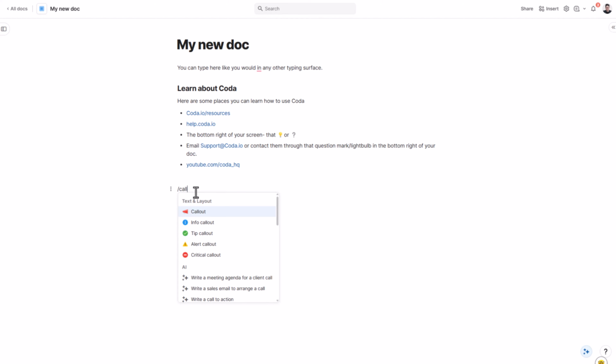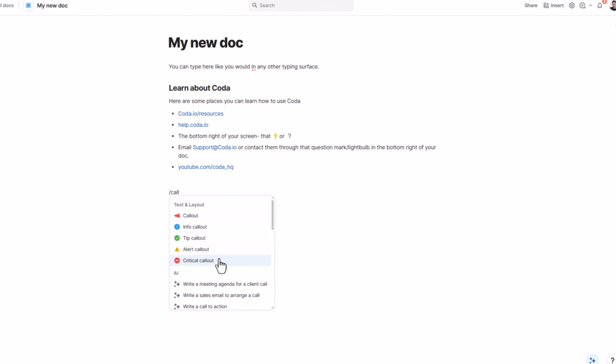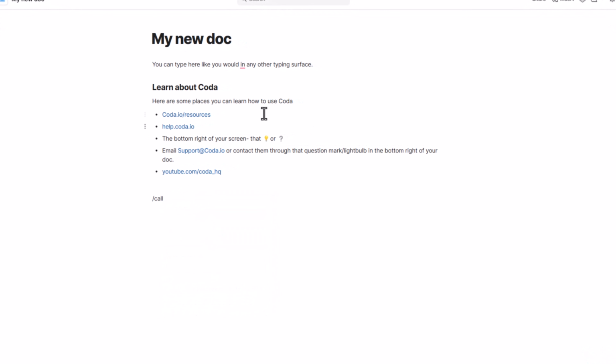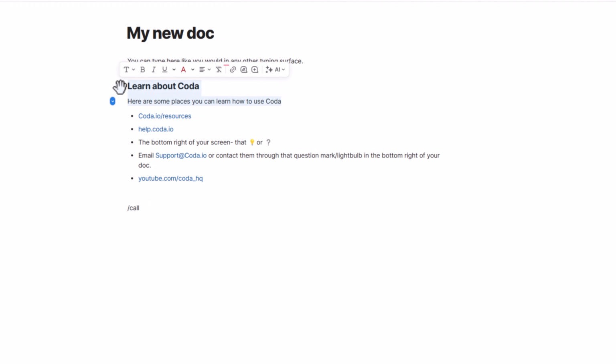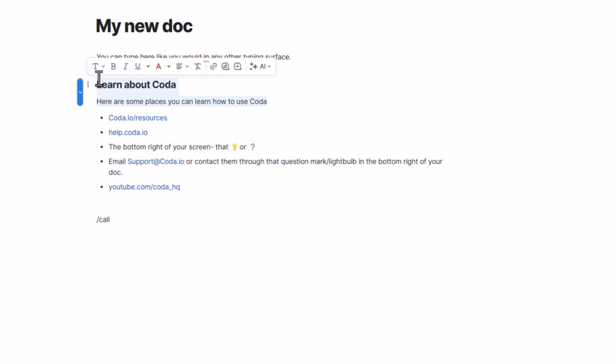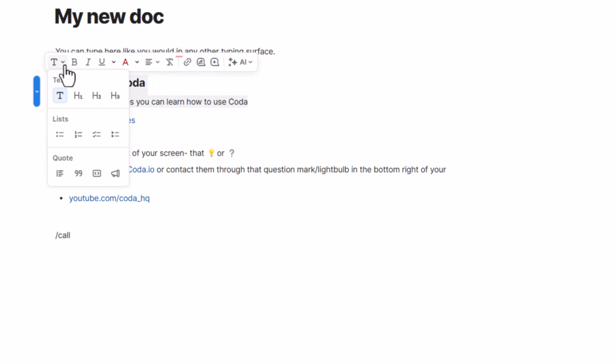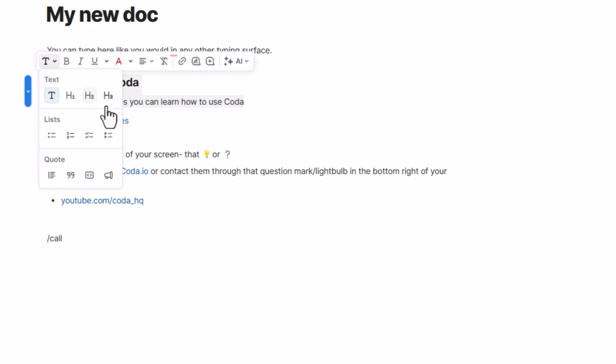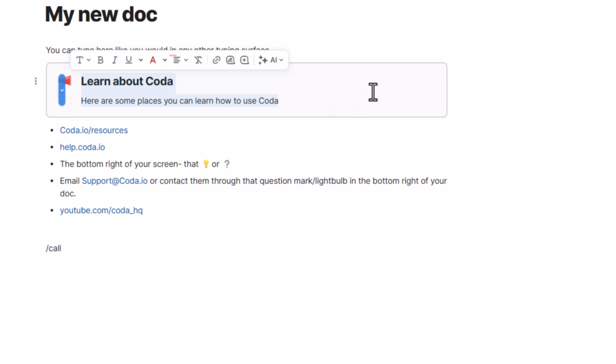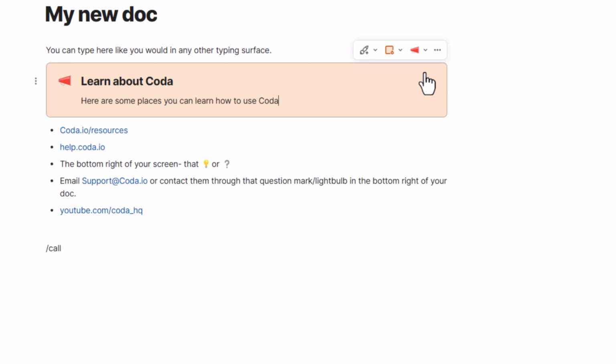You could start from scratch by typing /command callout, or like I'm doing here, if you've already got text in there, you can highlight some of the text that you want to change to a callout and click over here to expand those formatting options, and then select this little microphone here for callout. You can then change the color and the icon, and you can go back in here to change the text